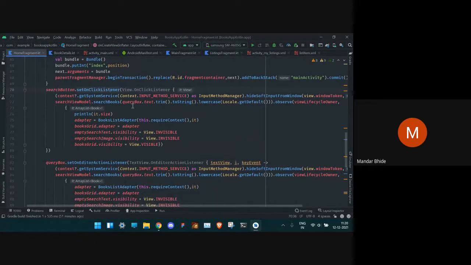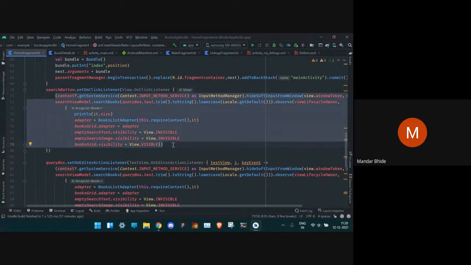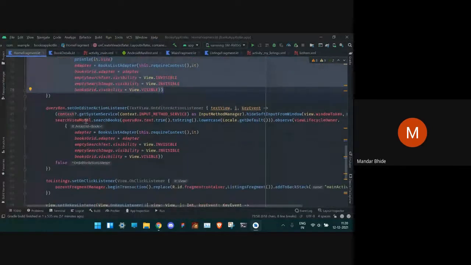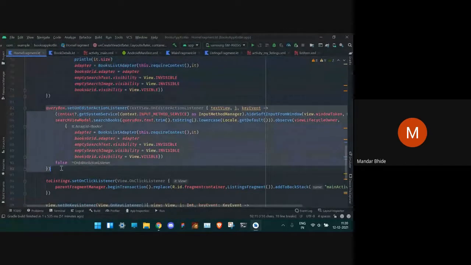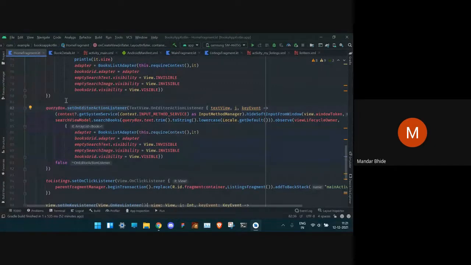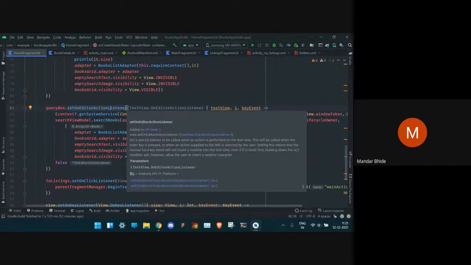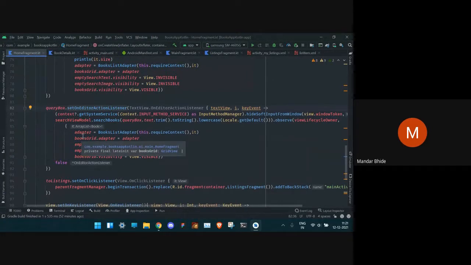But this one takes an OnClickListener, which is a function, and within that function, we can do whatever we want on that click. We can navigate to another fragment. We can make an API call or anything. Similarly, the EditText, you have seen the EditText, right? There is a done button in the right corner. So that done button, we are handling that event over here in the onEditorActionListener. That is, editor action is like there is okay or there is go or there is next, etc. So we are handling that action.